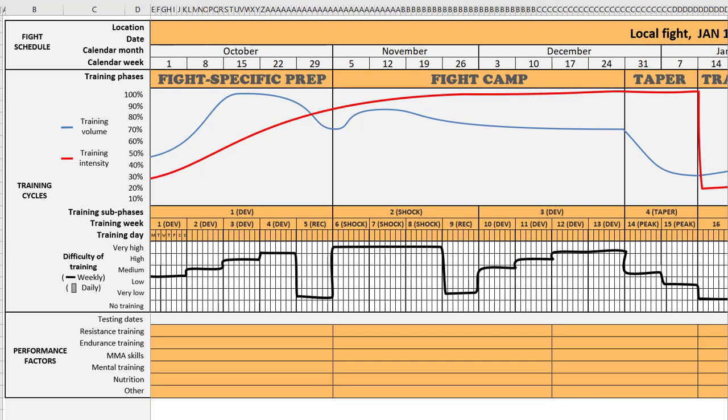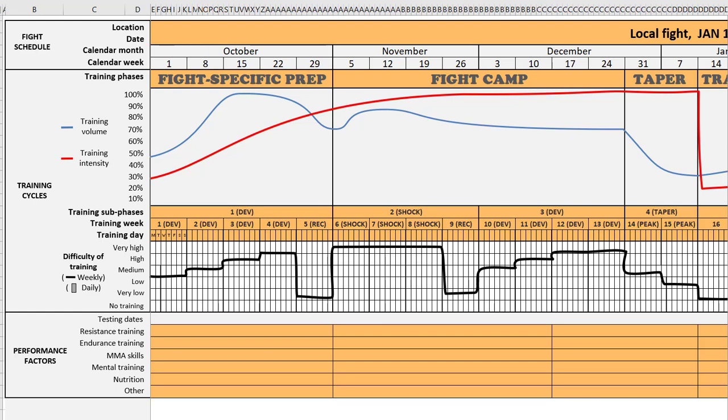You have a lot of flexibility at the end of the day to do this in the fight specific phase, but I don't recommend adjusting anything in the fight camp or taper unless you are very confident in your understanding of periodization theory. So if you haven't already, I recommend that you pause the video and label up the training weeks and sketch out the training difficulty line as we're going to move on to concluding remarks here.